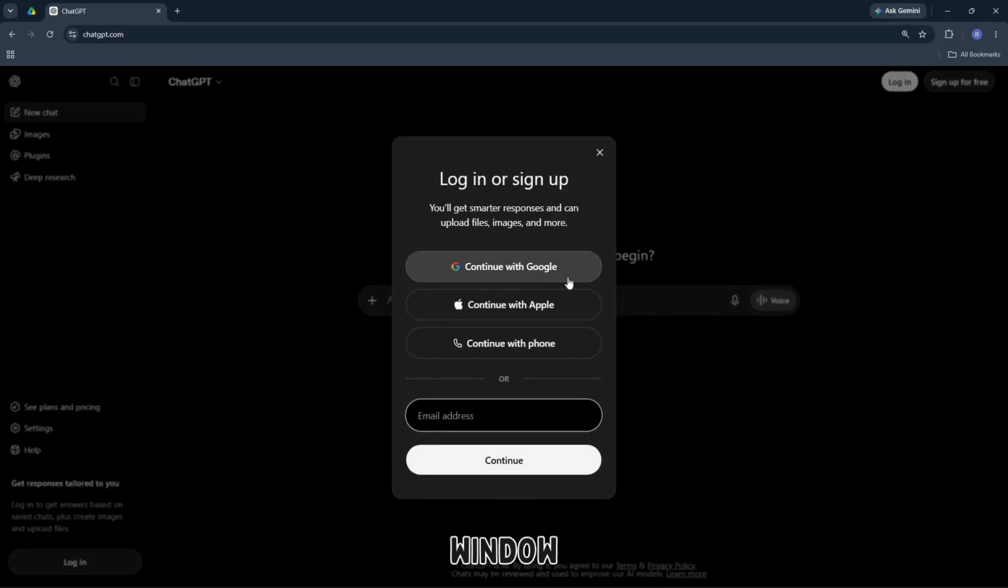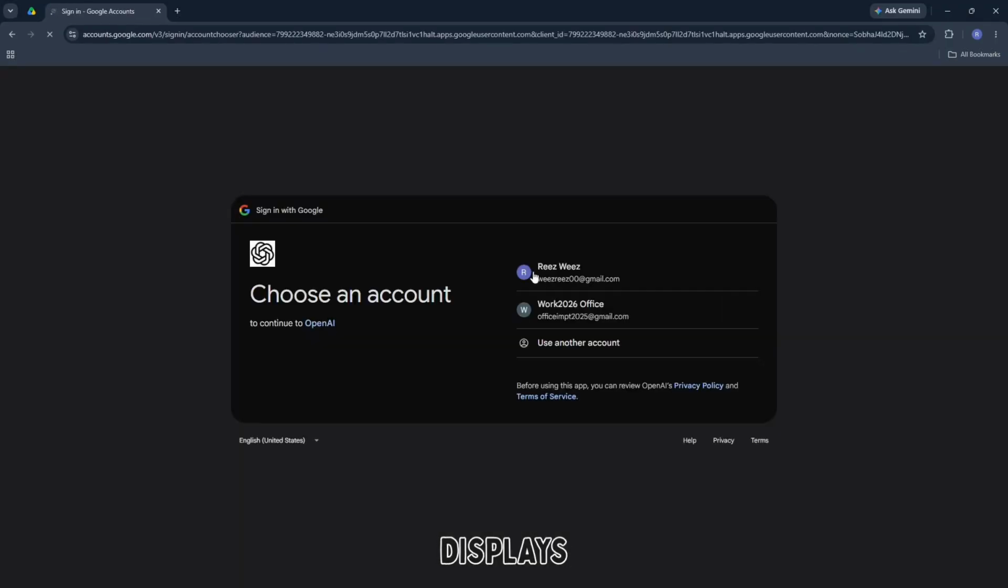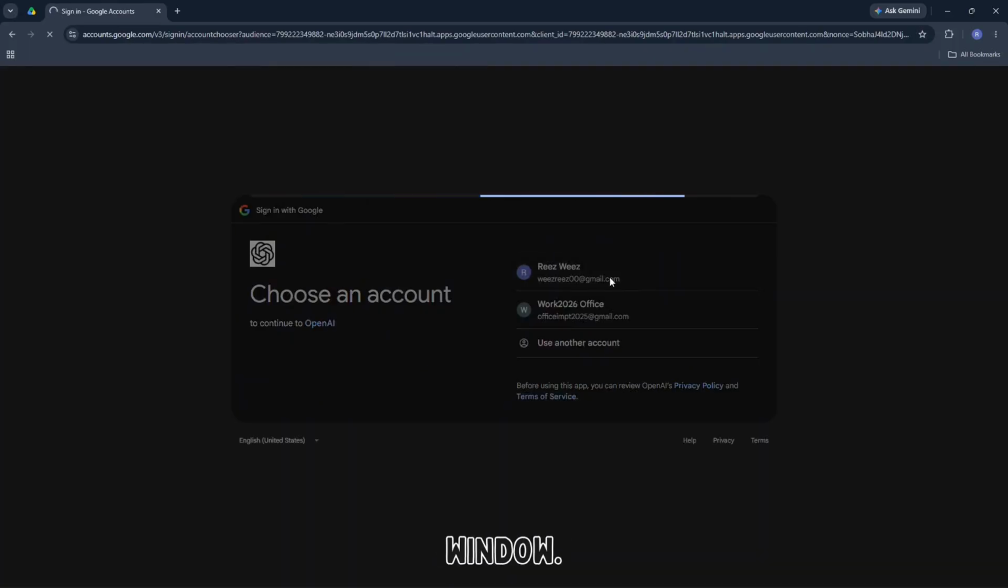When the Google sign-in window appears, check if your browser displays a pop-up asking you to allow Google services or OpenAI sign-in window. If it does, make sure you click Allow since blocking the pop-up can prevent the login process